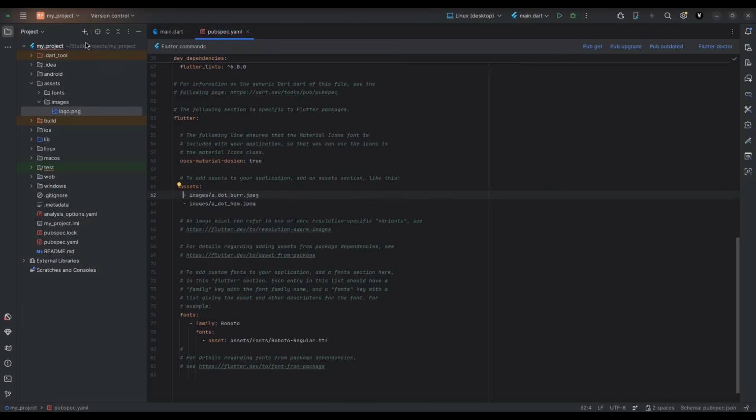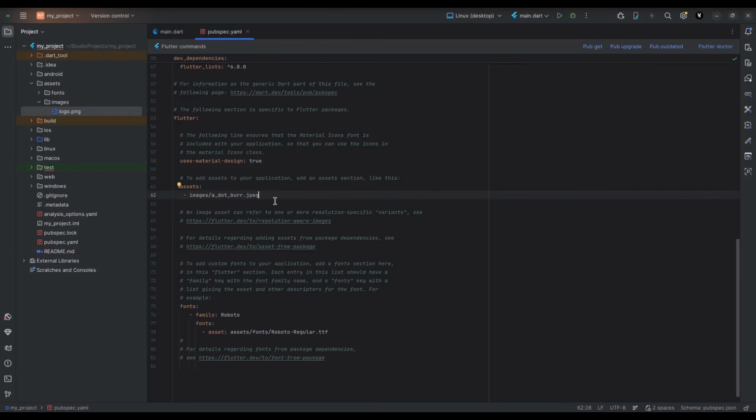So our project root is my project, so the path for my image folder would be simply assets/images/logo.png. You can also register just the directory like assets/images/ and everything that's inside that directory will be directly loaded inside your Flutter app. But since right now we just need the logo PNG,